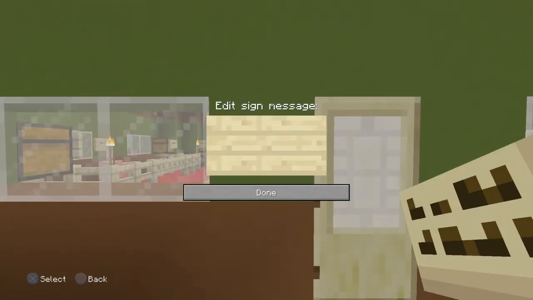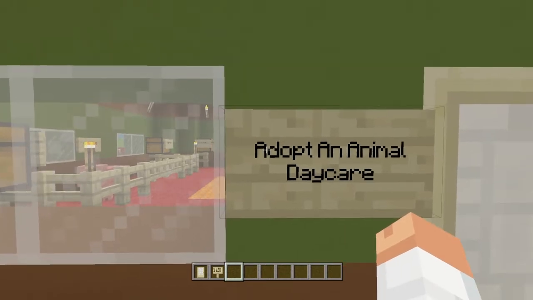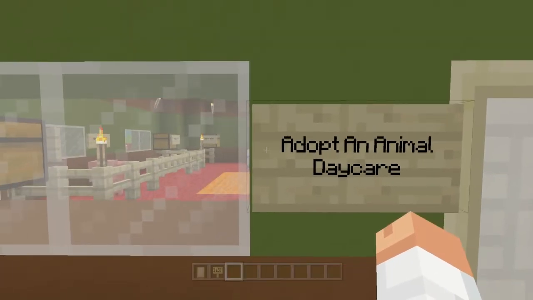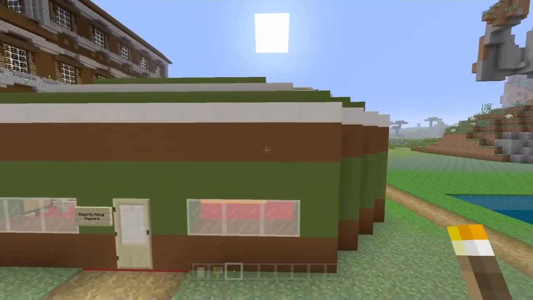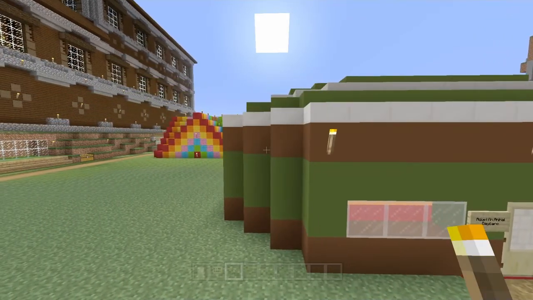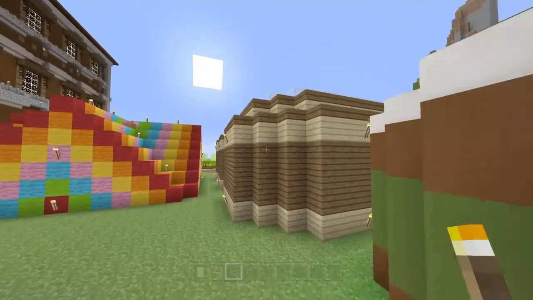So the sign goes to the left of the door and it says Adopt an Animal Daycare. Just like that. Adopt is capitalized, An is capitalized, Animal is capitalized, and Daycare is capitalized. So the last thing we need to do is add some torches onto the outside. They're going to go in the exact same places as they do on the inside. So just like this,